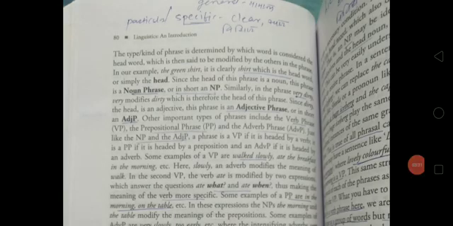I will repeat. Other important types of phrases include the verb phrase, that is VP. VP means verb phrase. The prepositional phrase, that is PP. PP means prepositional phrase. And the adverb phrase, that is AdvP. That is adverb phrase. Just like NP and AdjP, a phrase is a VP if it is headed by a verb, a PP if it is headed by a preposition, and an AdvP